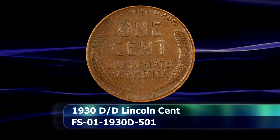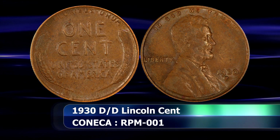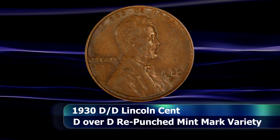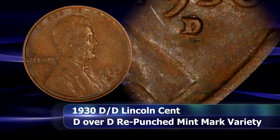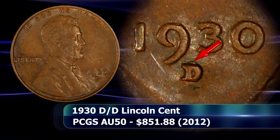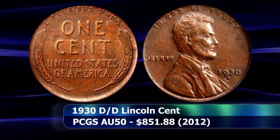up to this point, this one is surprisingly difficult to track down. Not impossible, mind you, but it does begin to pose a significant challenge. The May 1930 D over D penny sees the Denver Mint's D mint mark restruck directly south of its initial placement, with only a slight remnant of the first impression remaining as proof of its existing directly to the top. Examining the auction record, we have to go back all the way to 2012 when Stack's Bowers sold an example of this coin with a grade of AU50 from PCGS for